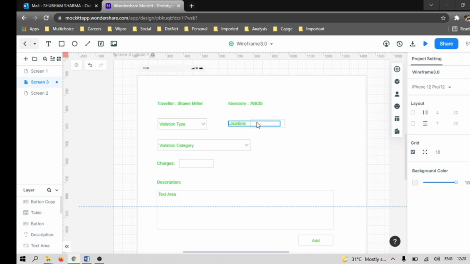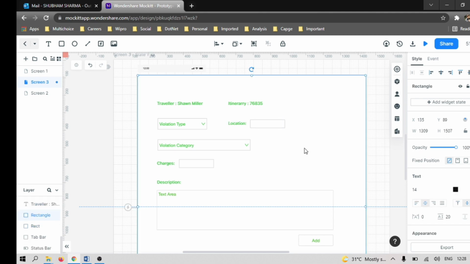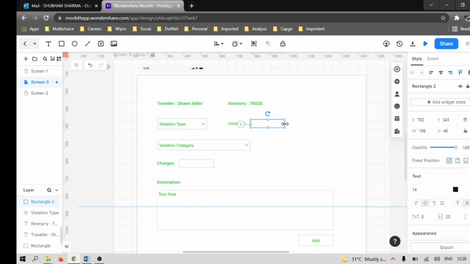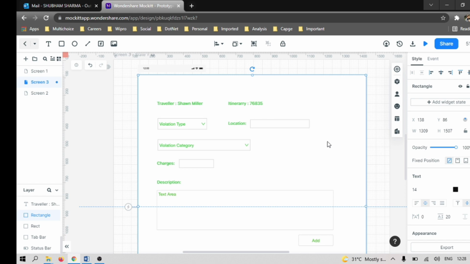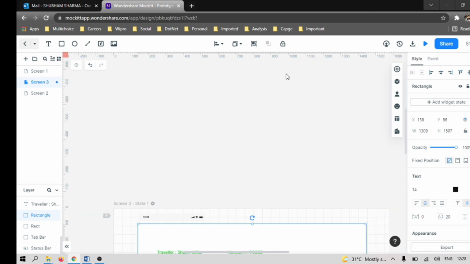Only the ordinary number location text box is there. So I think okay, fine. We can make it longer. The violation category is there. Charges.